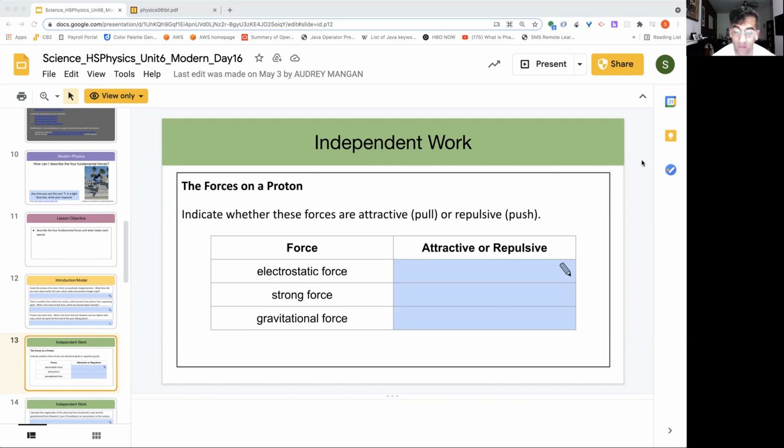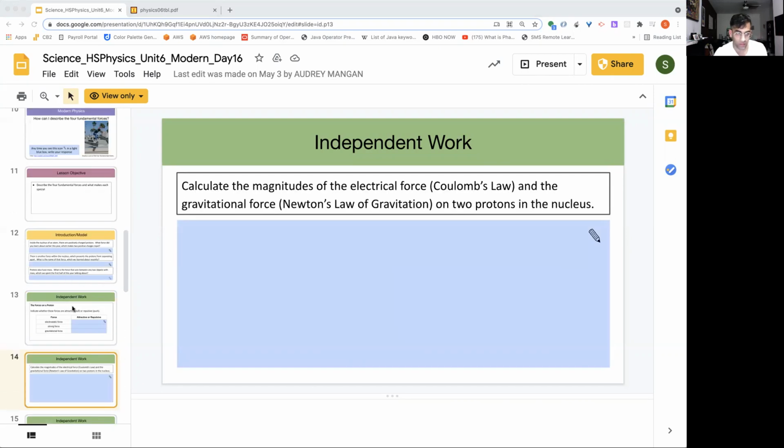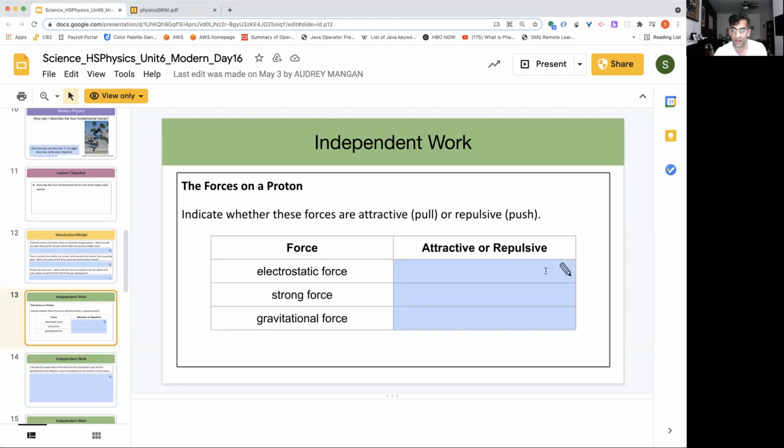And so this helps us understand the reason why the weak force happens to be called the weak force. The weak force is still stronger than gravity. Gravity is the weakest of the four, but it is weaker than the other three. So if I were to rank all of these from weakest to strongest,